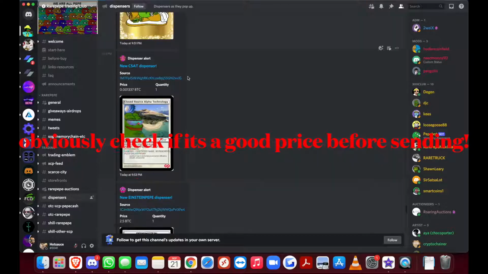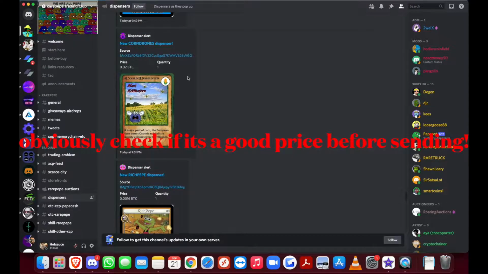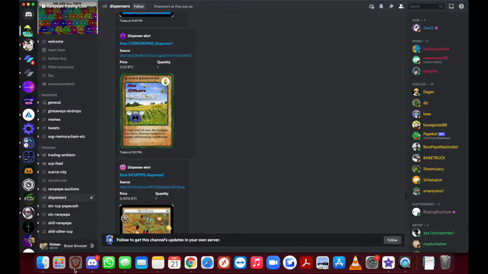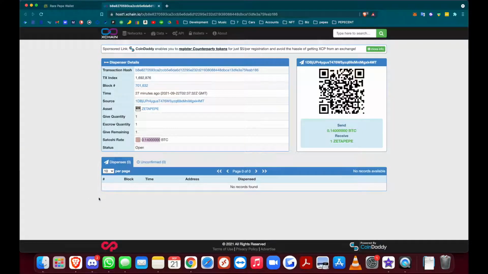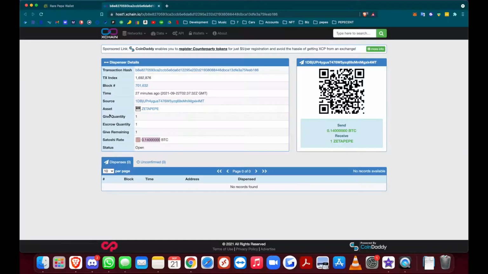through XCP. Now, these don't come up too often, but when they do, sometimes there are some really good deals, because some people that hold a lot of these cards may let them go for very cheap prices, and they prefer to maybe let them go for XCP or Bitcoin directly. So you can just directly send your XCP or Bitcoin to buy one of these cards. Now, if this was an XCP order, then you'd see the amount of XCP to send to this address to